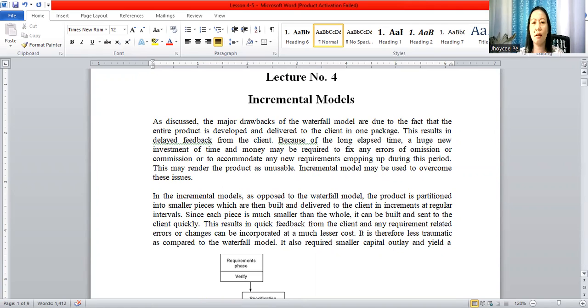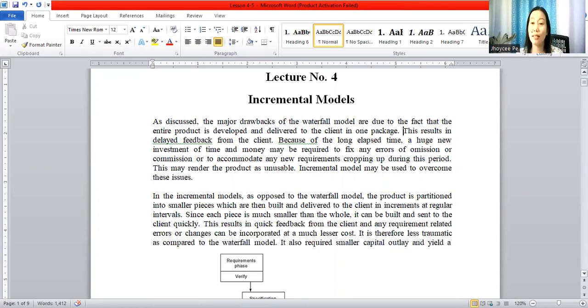With the incremental model, it's easy to identify the error in a piece of the model. Since each piece is much smaller than the whole, this results in quick feedback from the client, and any requirement-related errors or changes can be incorporated at a